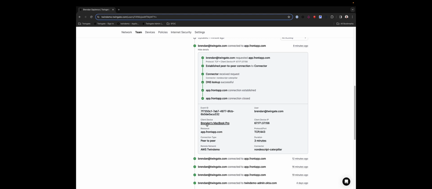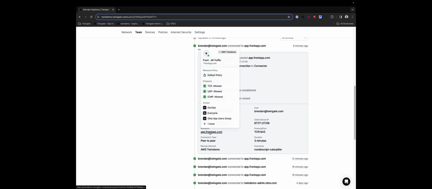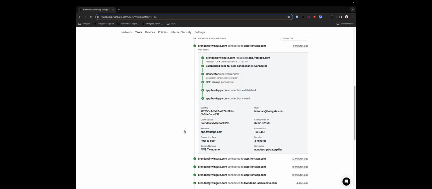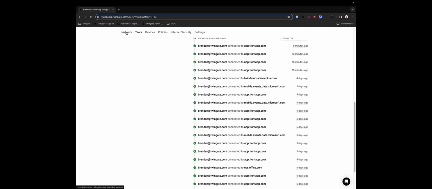You can see the device that connected. Again, you can see the resource and resource definition, star.frontapp.com in this case, the port used, how long the session was, and what connector and remote network routed traffic. So if everything is green here, there's very little to do, but one thing that you can see is if